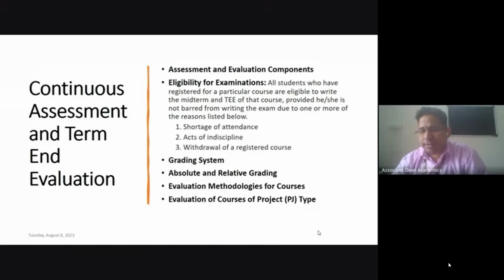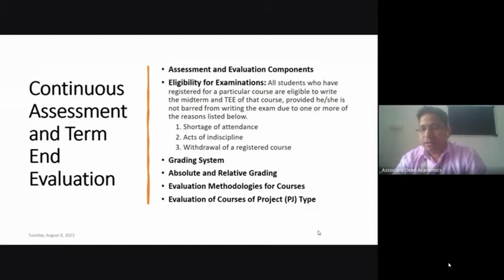There are certain conditions which may stop a student from writing the exam. All students who have registered for a particular course are eligible to write the midterm or term end examination of that course, provided he or she is not barred from writing the exam due to one or more of the reasons listed below.